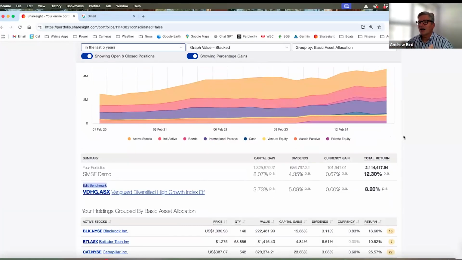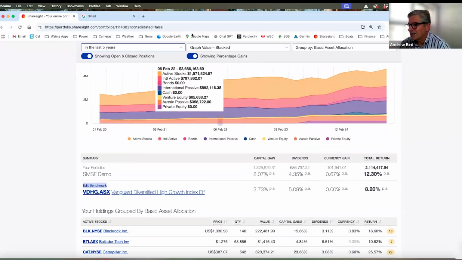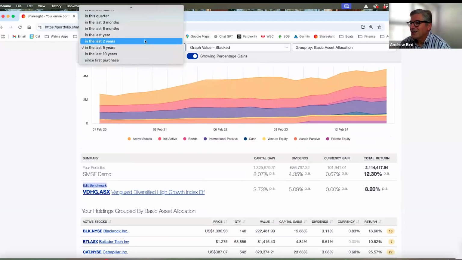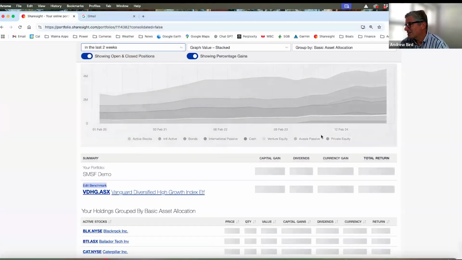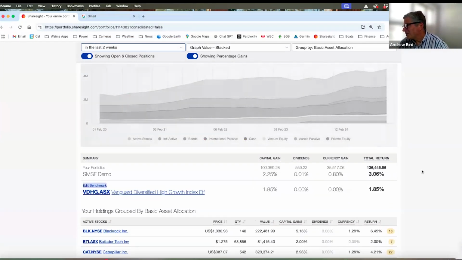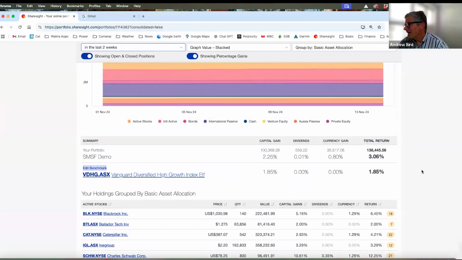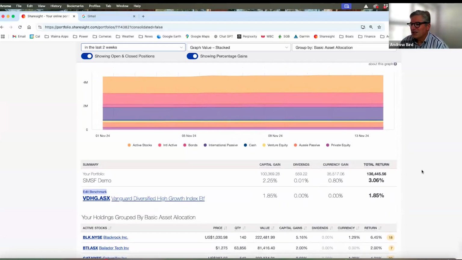So, ultimately, the long term, if you're investing for retirement, investing over the long term, it's the long-term returns that matter. Don't get too hung up on the short term. But, look, I'll be honest, particularly with all the volatility and things that are going on, I do spend quite a lot of time. I'll look at the last 2 weeks sometimes, not because I'm trying to determine whether that means my portfolio is good or bad,